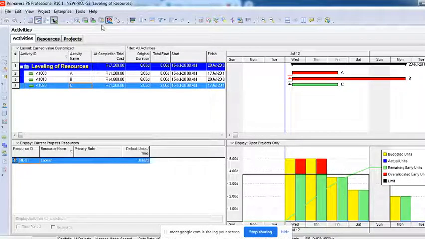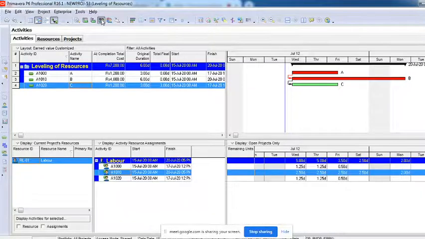Here you have something called the resource usage spreadsheet. The only difference is that this is called the resource usage profile, and this is known as the resource usage spreadsheet. A spreadsheet is simply like an Excel spreadsheet, right? Because of the calendars there's a problem.